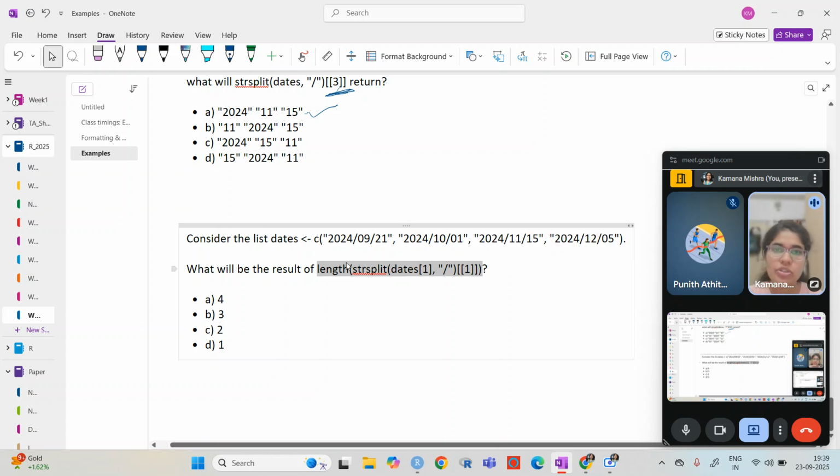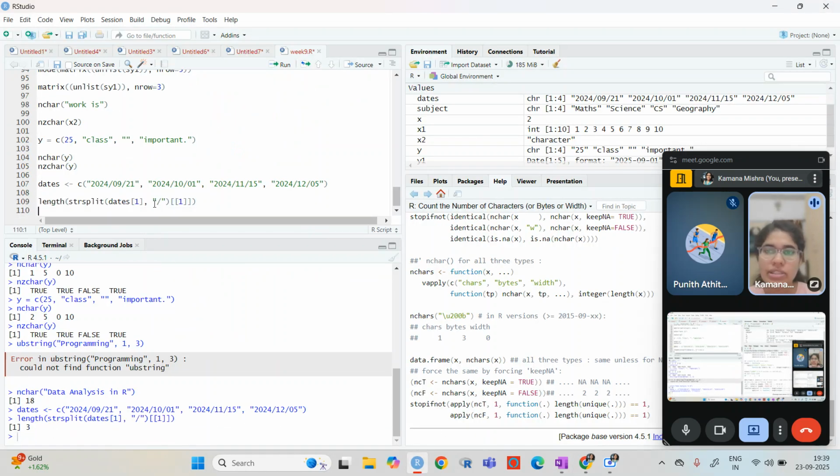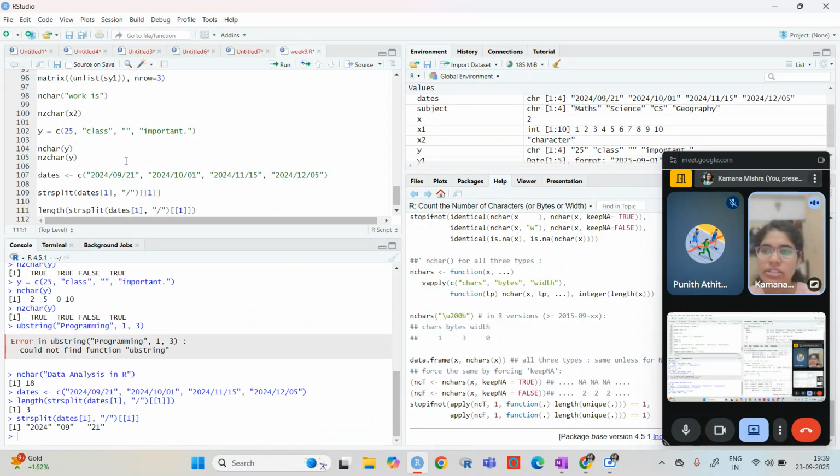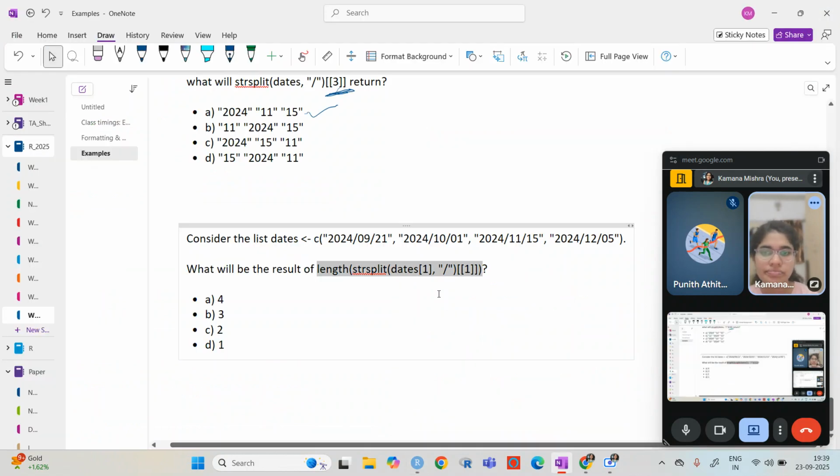So the first one is basically 2024 space 09 space 21. So length will be 3. Why? Because if you see here, it is 3. It is separated by this, so it is 1, 2, 3. Okay.